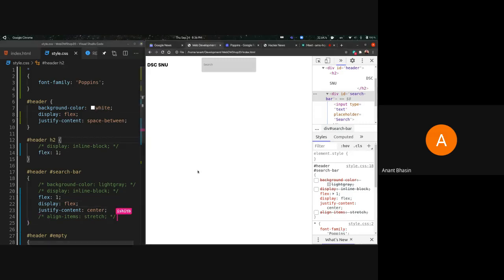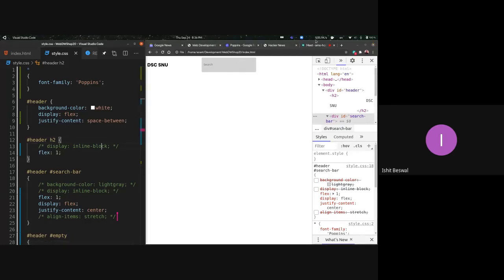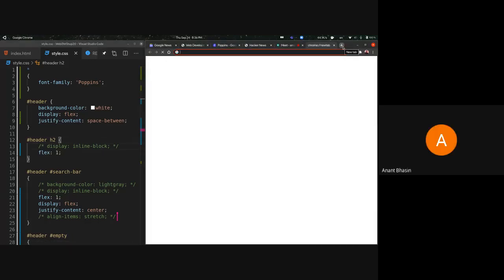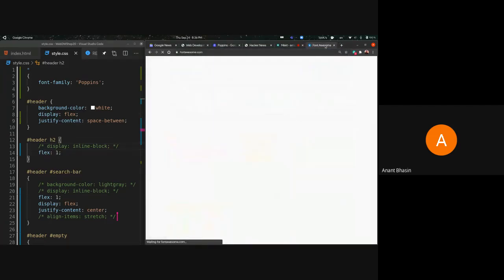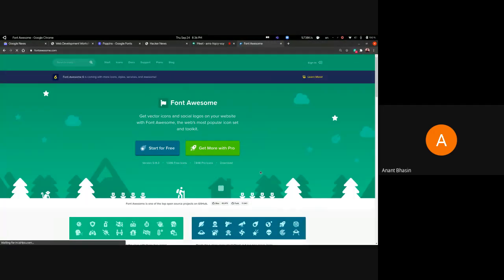All right. So wanna move forward, Ishit? Yeah. So I think we can introduce the Font Awesome icons. That is a kind of fun thing. Right. That's actually very fun. So Font Awesome is this amazing service where you can just go and, let me just full screen this for now, you can go ahead and use all of the icons available over there.